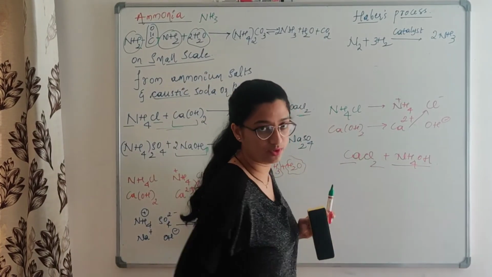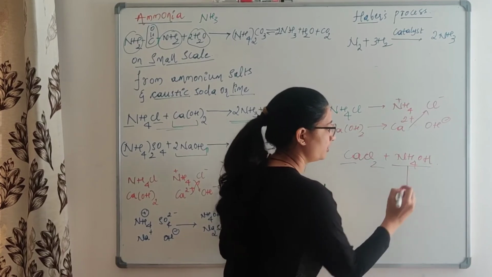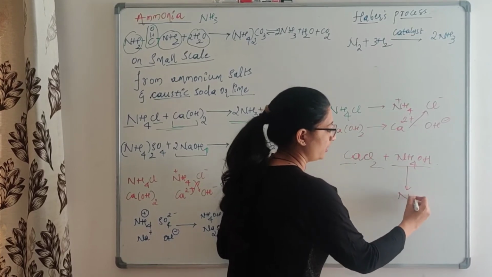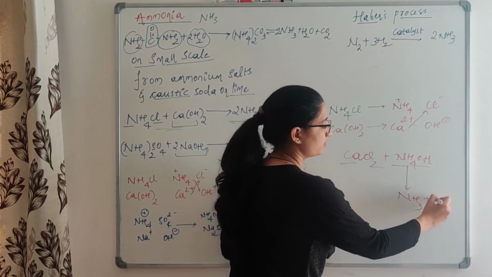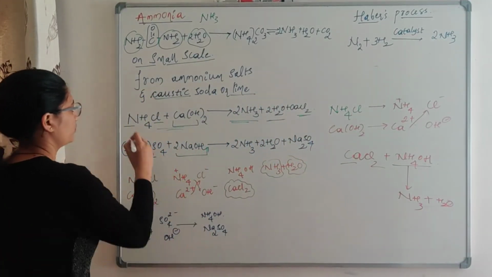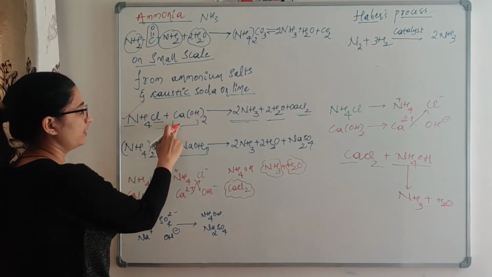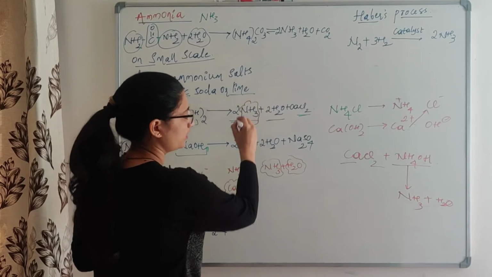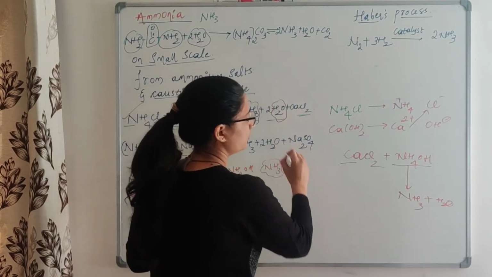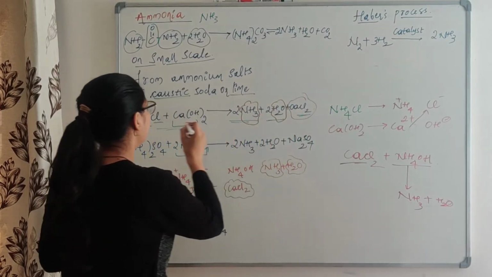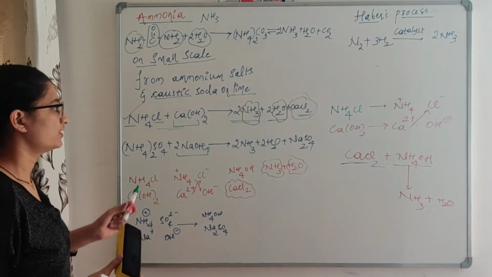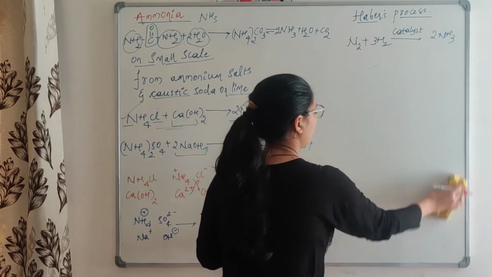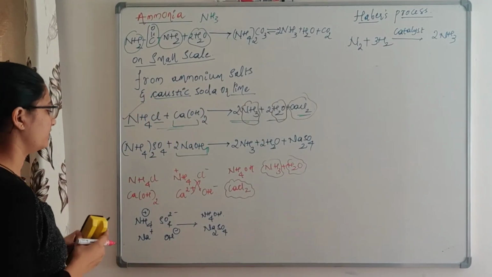From NH4OH, what you have to do is eliminate a water molecule. What happens? OH and H. So one H you are removing means you are going to get NH3 plus water. Now you can check with the products of this reaction. NH4Cl I have taken, calcium hydroxide I have taken. So what is the main thing here? NH3 you got as the product, I have written here. Water you got as the product, and I have written calcium chloride. Okay. The number of molecules you can balance very easily. So this is the first reaction where you can prepare NH3 on a small scale.